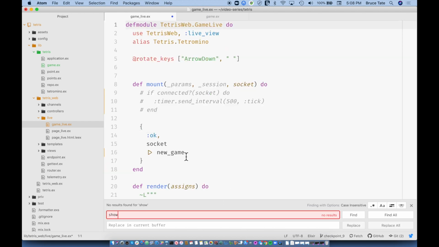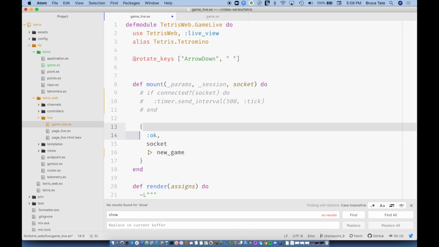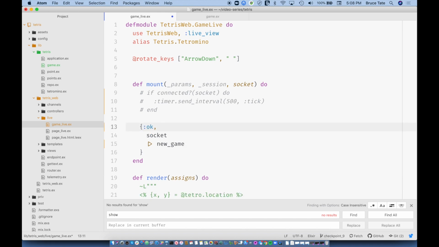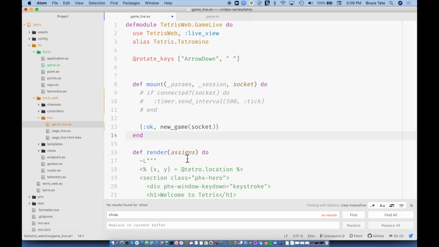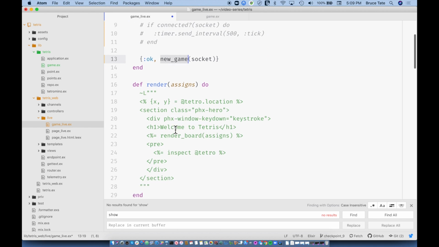Okay, so the new flow is I take a socket and a new game. So now we can collapse this a little bit. I think it'll look better. So we're going to say new game, and that's a reducer over socket. Right, and we can close this up. Now we don't need those lines. That's nice and tidy. Right, so that new game actually goes and gets a new game, but that means that